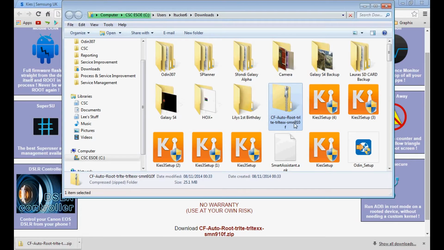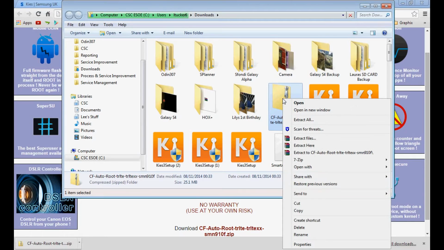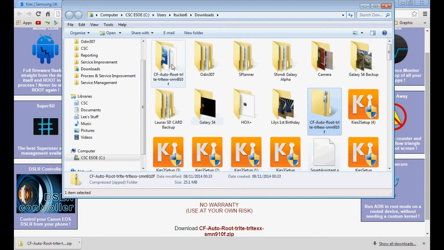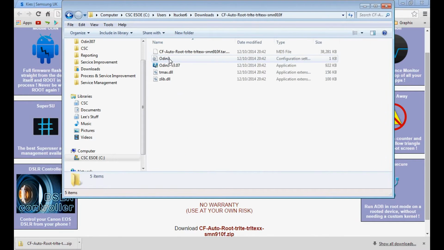And there it is, cf-autoroot. And what we do, just right click on that and we're going to go extract. And there it is. cf-autoroot extracted. What we're going to do now is just open that up and we're going to go to Odin